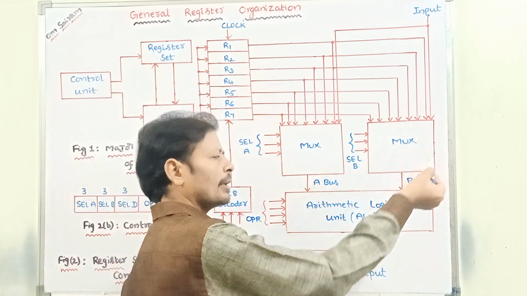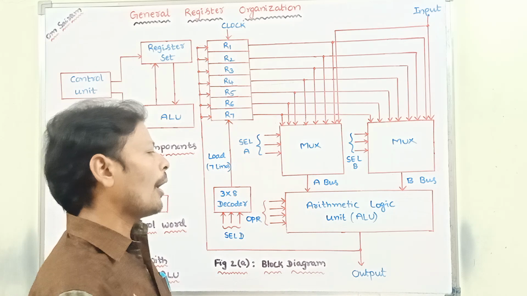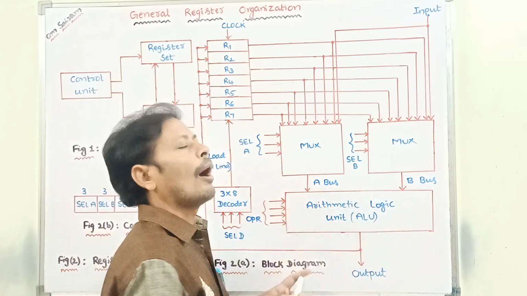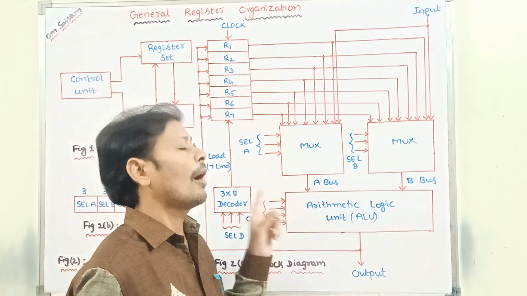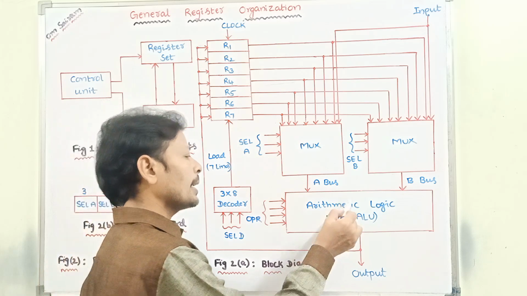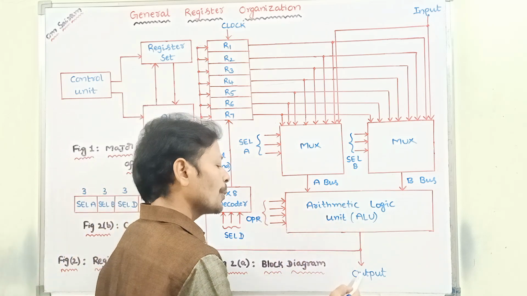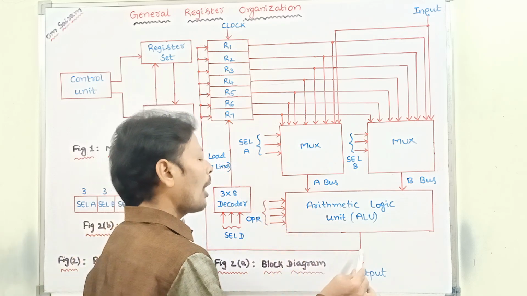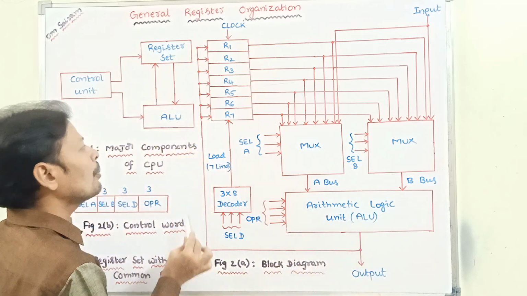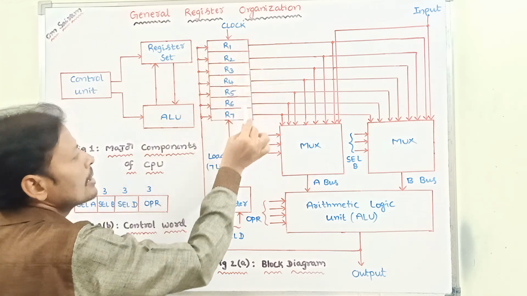In the same way for multiplexer B, after performing the operation within the ALU, whatever result we are getting, that result can be passed to the output value and also can be formed as input for the 7